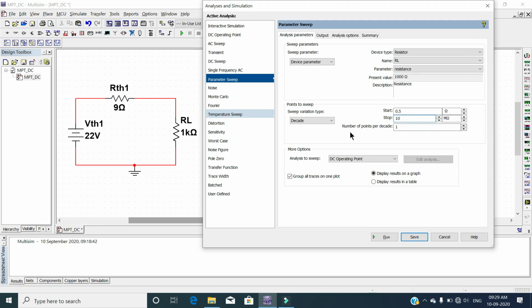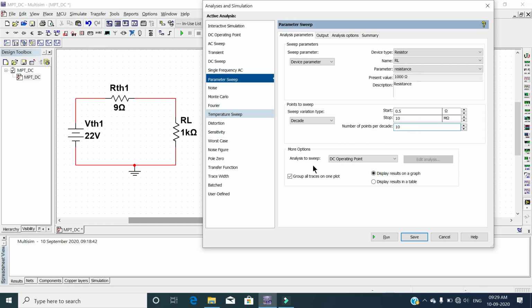And now number of points per decade. So if you select more number of points per decade, then the curve will be more smoothened. So for our case, 10 points per decade will be sufficient.